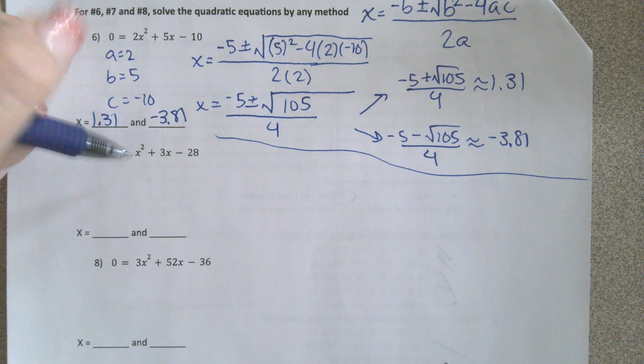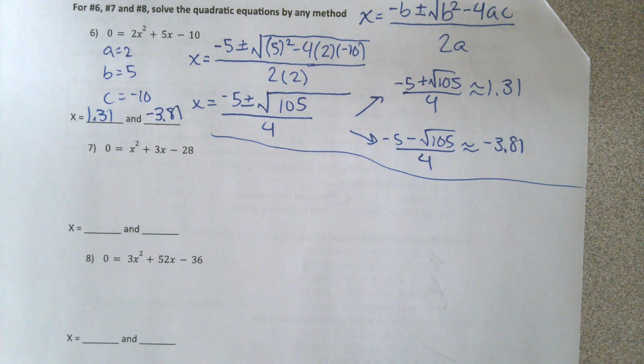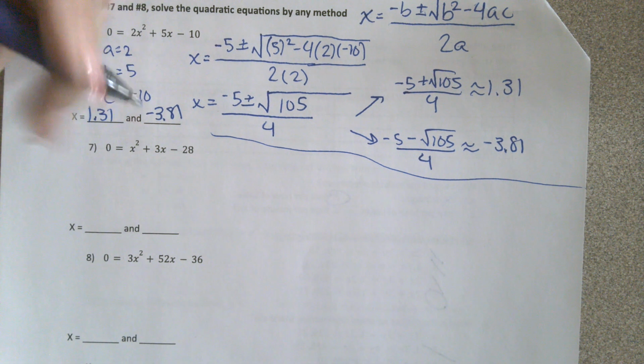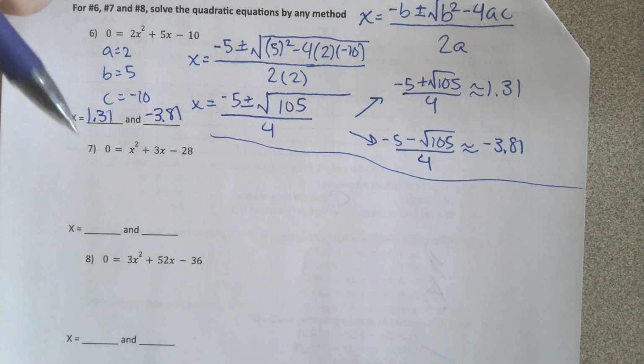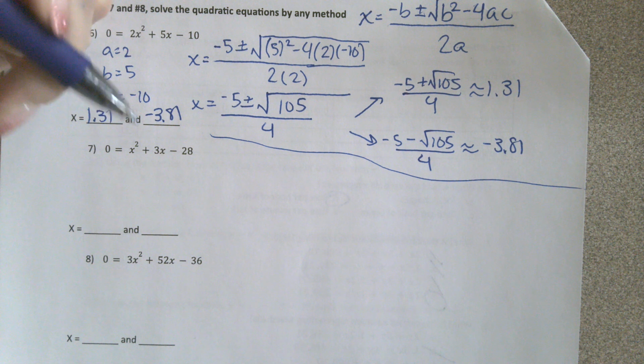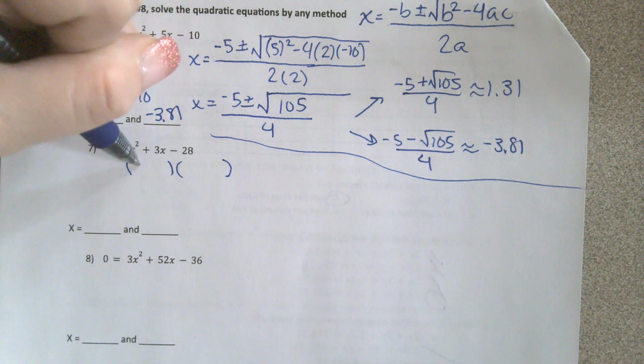Number 7, x squared plus 3x minus 28. This one does factor nicely. So we're going to factor. And there's no number in front of the x squared besides 1, so we don't have to worry about slide and divide. We're just going to straight up factor it. So we need to find our factors. We have our x,